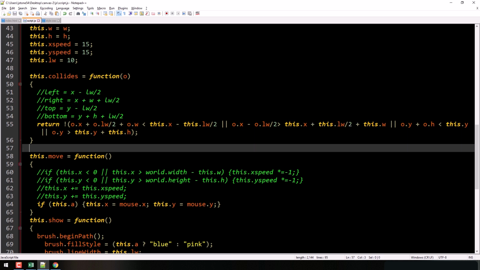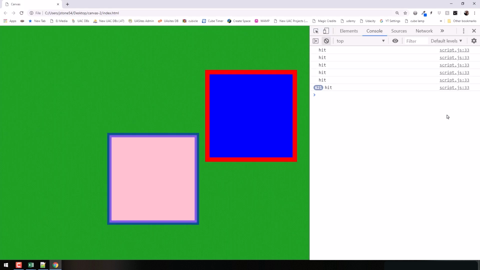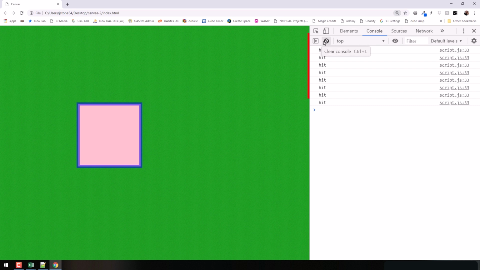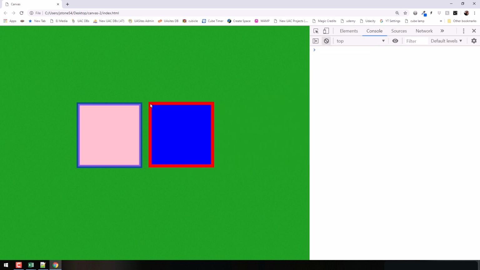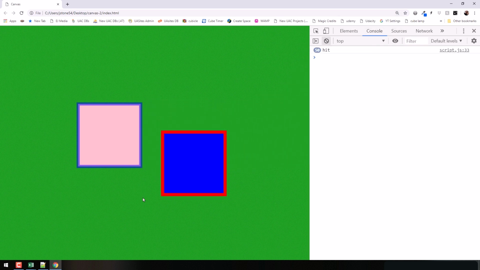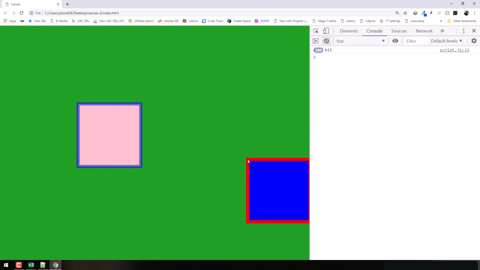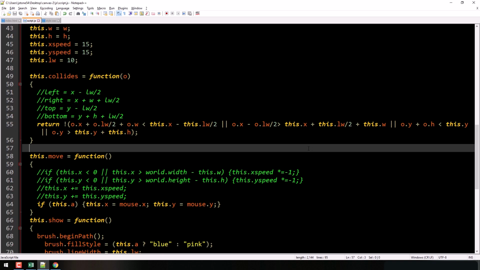Okay, so it looks like my X collision detection should be working now. So let's just test that out. Let me shrink down a little bit, refresh the page, clear. So now I should, right when they touch, hopefully, bam, looks like that's working. And the right side here, let's see, perfect. All right, so let's just fix the Y here.